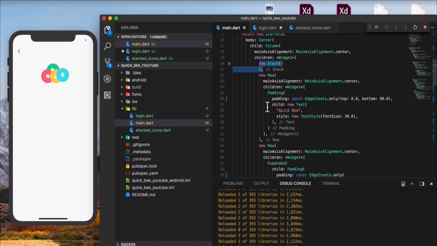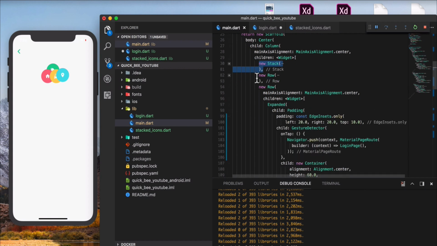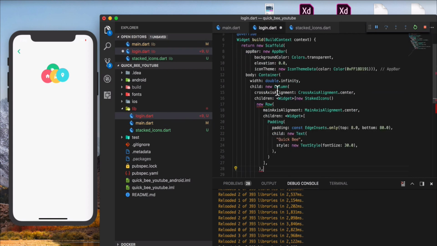So what you're going to do is just go ahead and copy and paste the same row. Go ahead and paste it right over here. Don't forget to hit the comma, because we are writing inside the children of the column. We got the quick B as well. I'm sorry, not a text B, it's a quick B. Now if we take a look at the spec, now we should create the